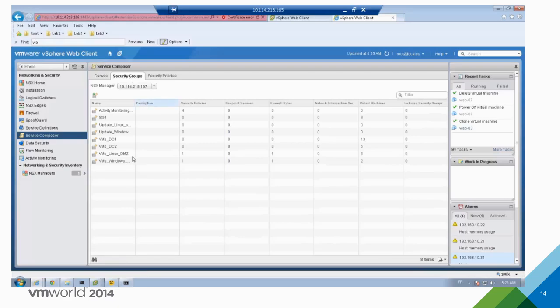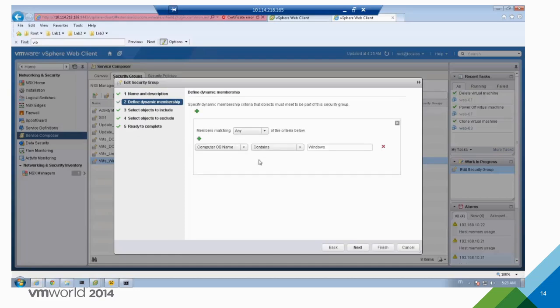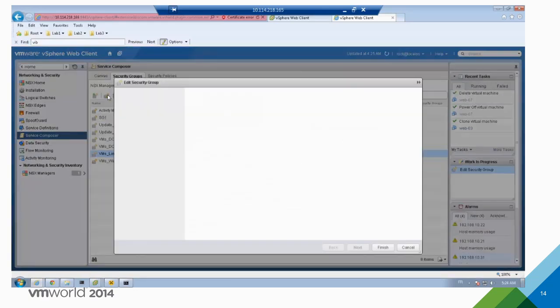And then the groups. Under groups, I will create a group Windows, VM Windows, and on that group I will have dynamic membership. So who will be in that group? I don't want to say this VM, that VM, that VM. I could do that, but what I will do is something more powerful: I will say all the VMs with an OS, operating system, Windows, will be in that group. And vCenter knows that. So vCenter will tell NSX those VMs are Windows, and NSX will put them in that group. So I don't have to put the VMs in manually. I could, but I'm just lazy. Okay?